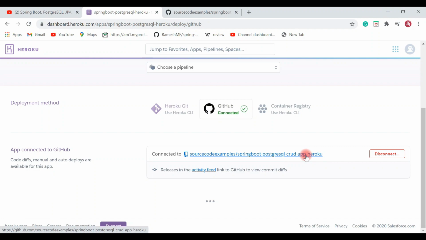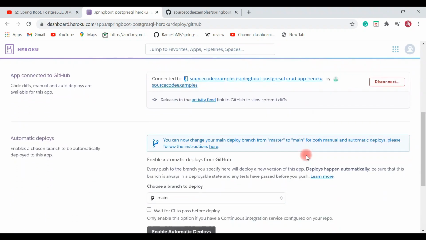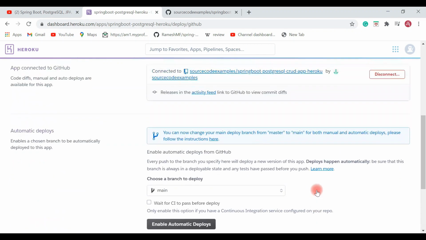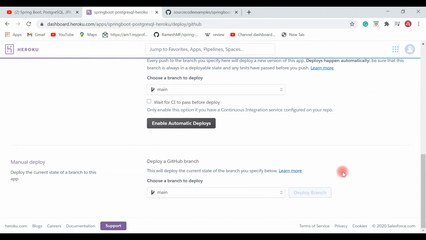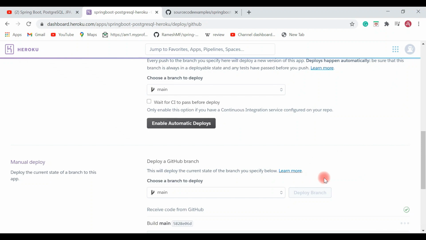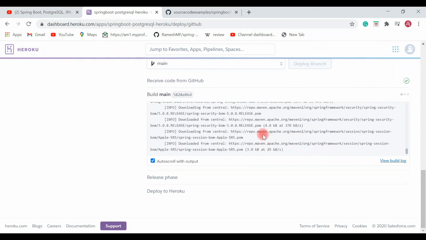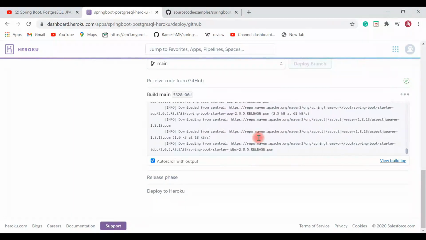So hit connect, and then we need to choose a branch to deploy, so hit the deploy branch button. So this is the single click deployment with the GitHub deployment method. It's very simple. Look here, now the Spring Boot build is in process.